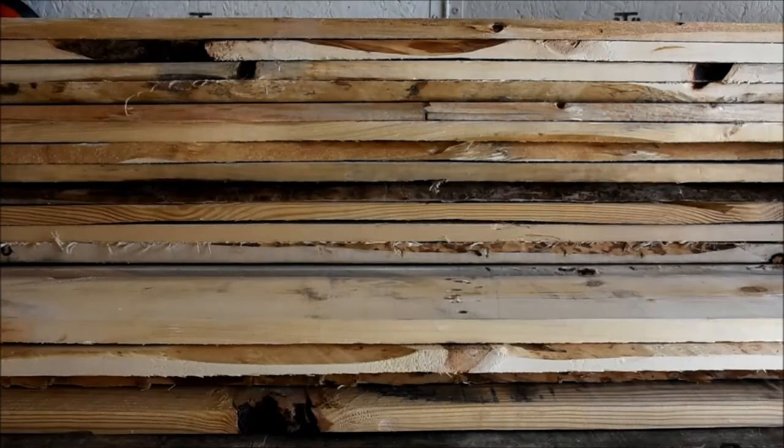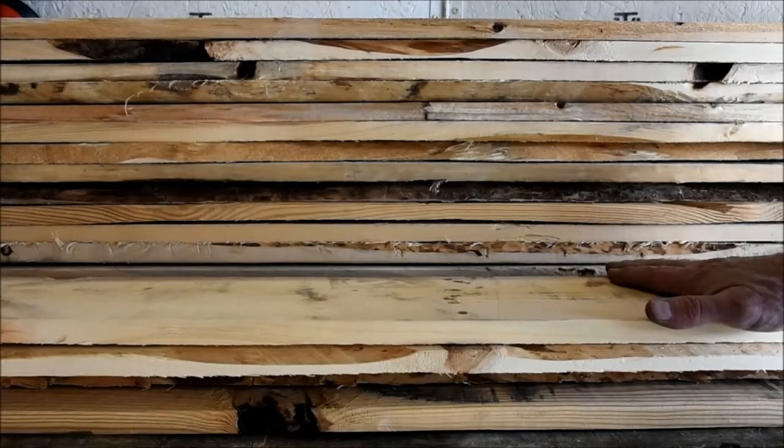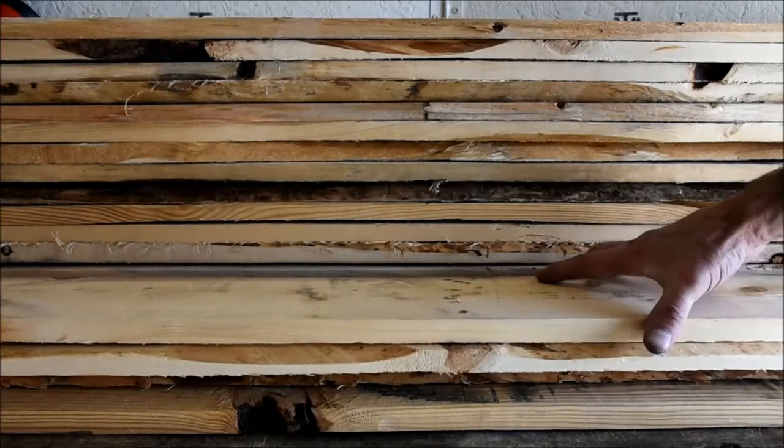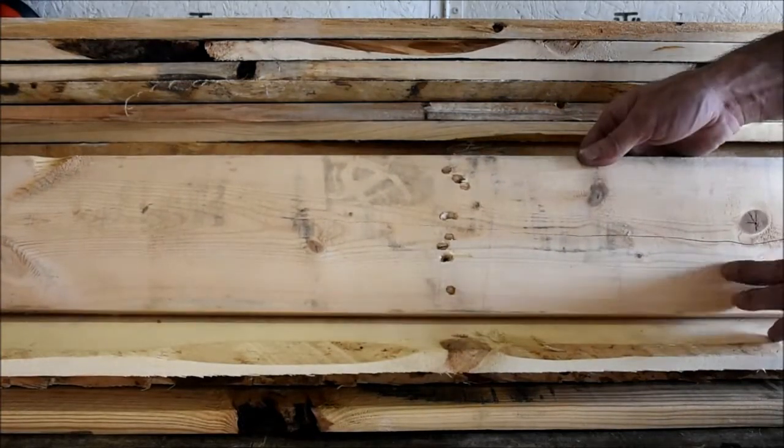Well, the pallets are torn down, and I'm hoping that that was the hard part of this project. The next step for me is to rip these boards and cross-cut them to length. Now, this is probably the pile of boards that are going to give me the most work. Ultimately, what I want to do is have enough boards that I can cover the wall, but I've got some